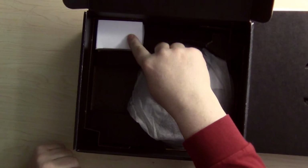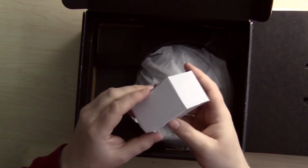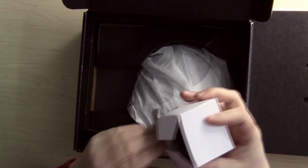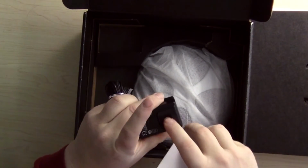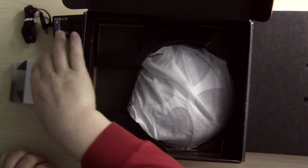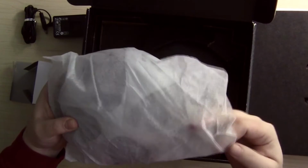And then we have a power supply, and this connects to that electrical adapter that we saw in the box. And then we have the unit itself. So if I just take this out,